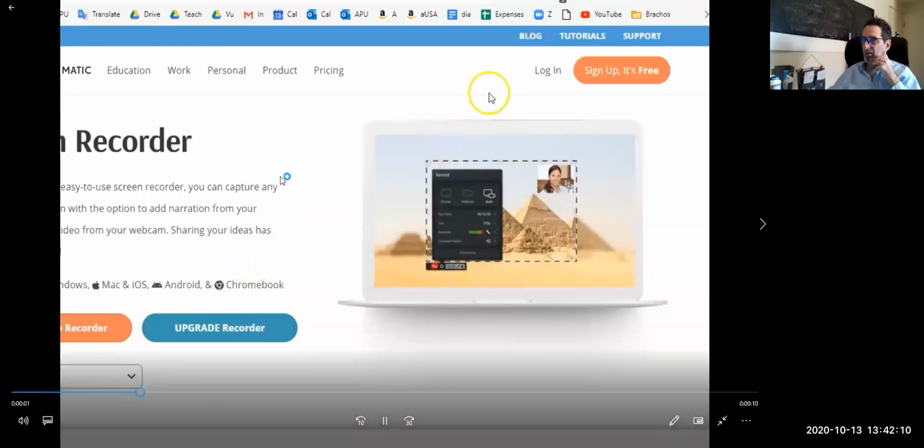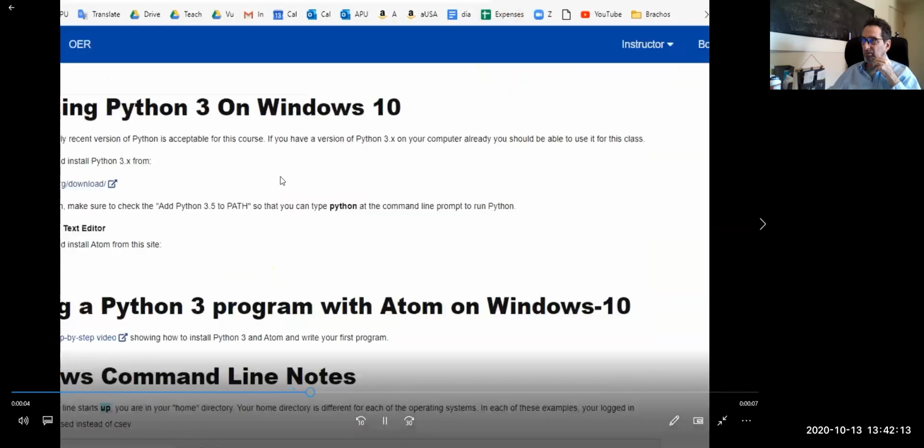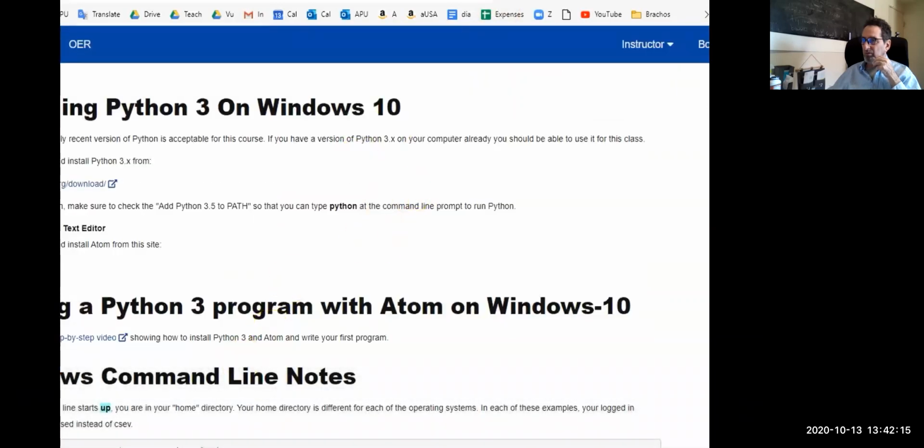There, and now it's recording. So if I click on something else, it changes the screen, and it's 6 seconds so far, and so on. And if I stop,